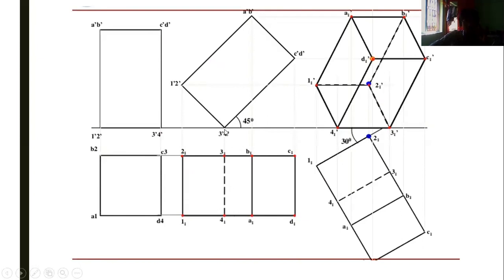After extending these lines, because this is the hidden portion, you cannot observe it from the top view. This one is hidden. This is a sharp edge, you can easily observe it from the top side. This is also an edge you can easily observe from the top. So these are all sharp lines and this is the hidden line. So this is the drawing.